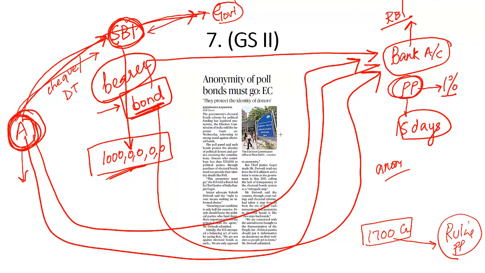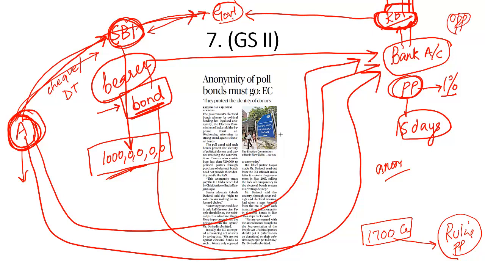But then this donor has to deposit this bond into the bank account of a political party. Now you can say, how will the government come to know into whose bank account I am depositing this electoral bond? Because this bank account is regulated by the RBI. And we have seen how institutions have been under assault, not just in the current government, all governments, successive governments have assaulted our institutions. And now some official of the RBI can communicate to the government, to the ruling political party, that there is an individual who has deposited this money into the bank account of the opposition political party.